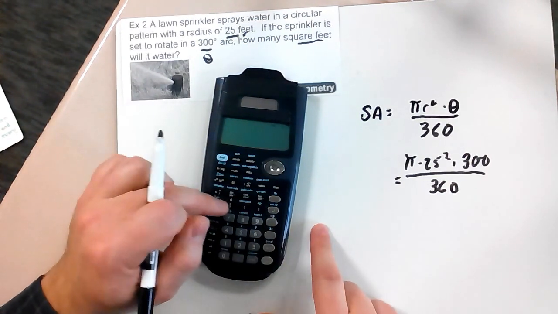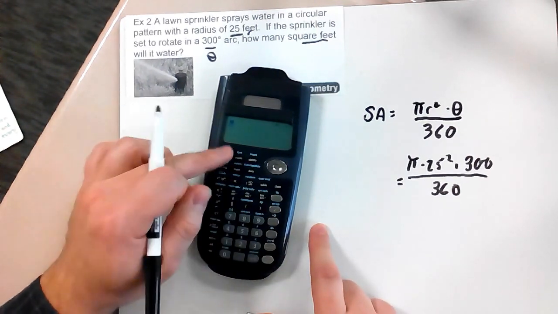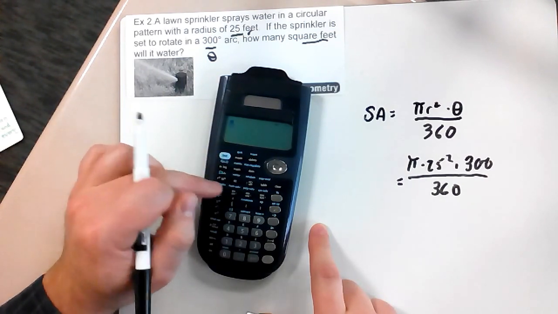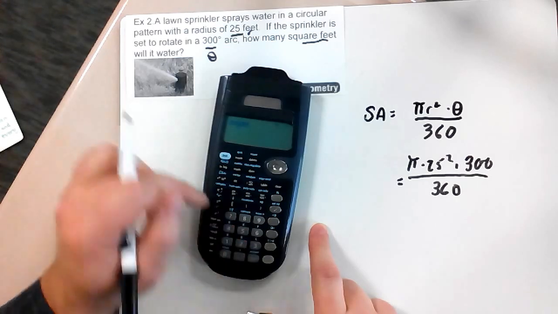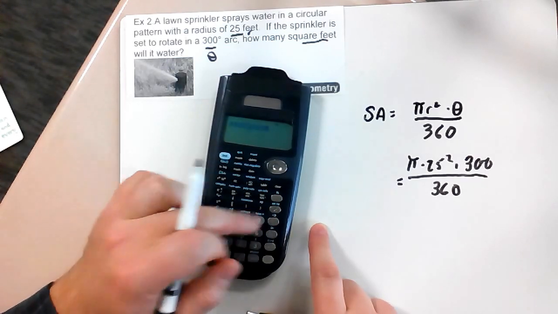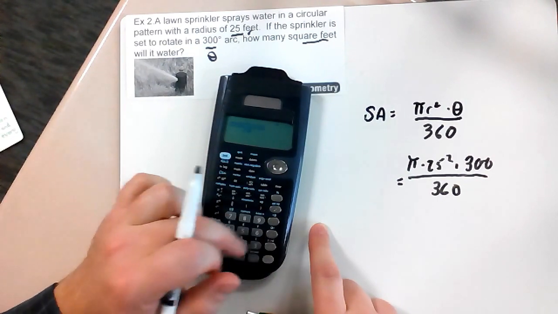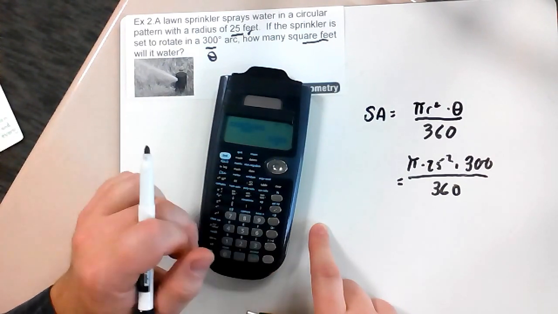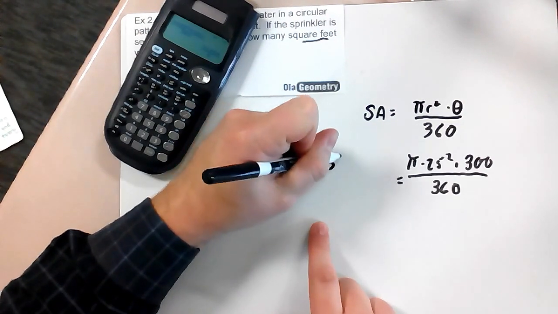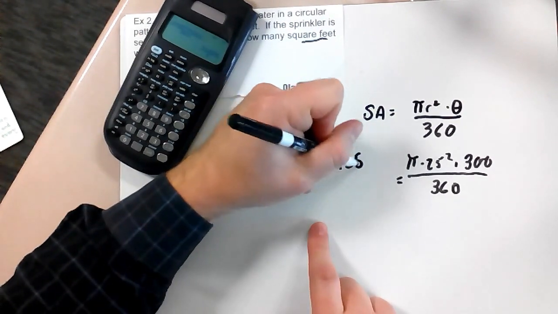I'm going to use the fraction button: pi times 25 squared times 300 over 360. And I get 3,125 pi